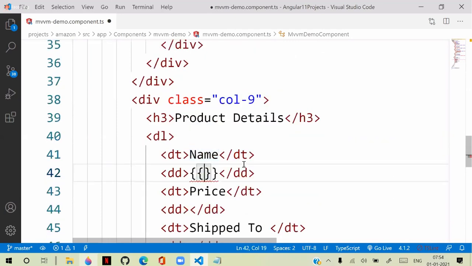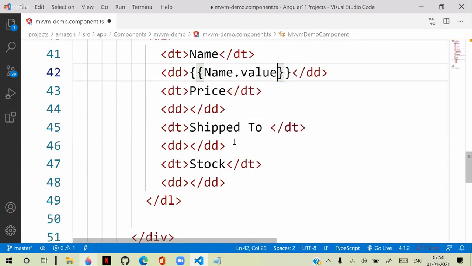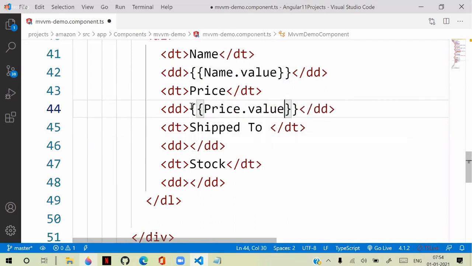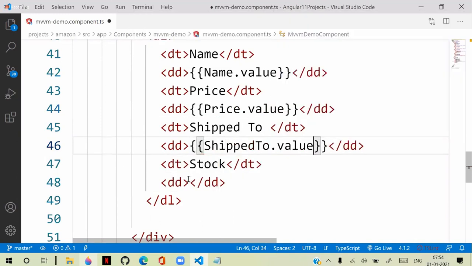So simply name.value. It will get its value. Similarly, price is also a text box. So same, price.value. That means a model reference is created for them, and we can collect the value. So simply here we defined shipTo.value. We can access the value.